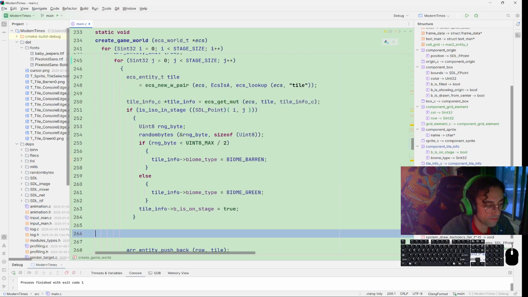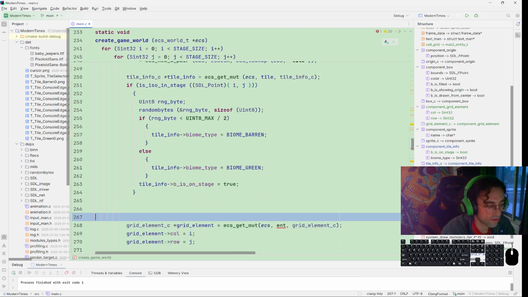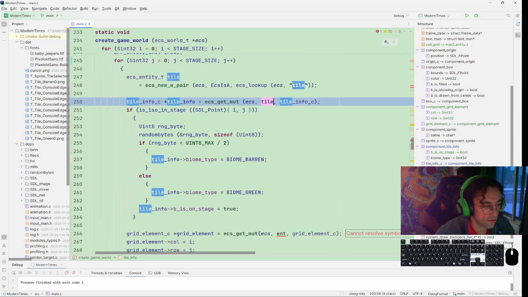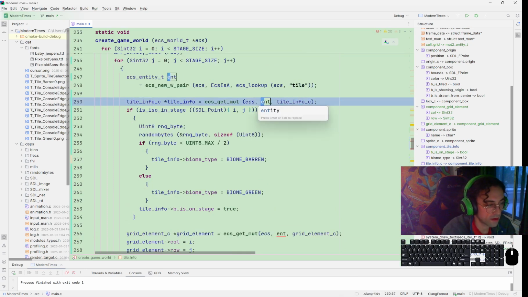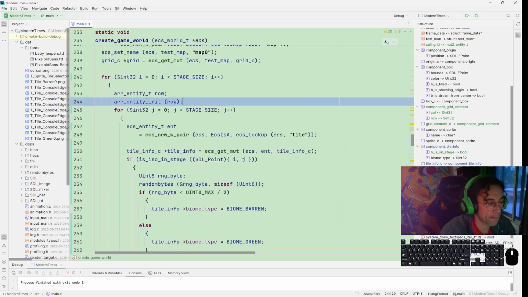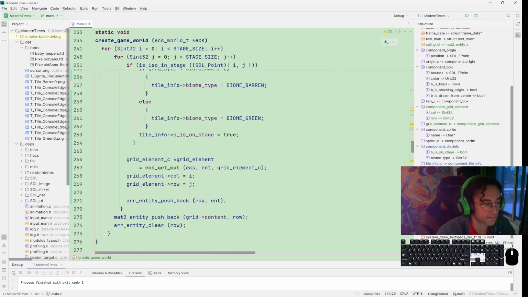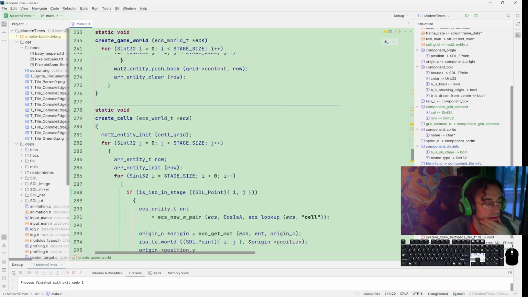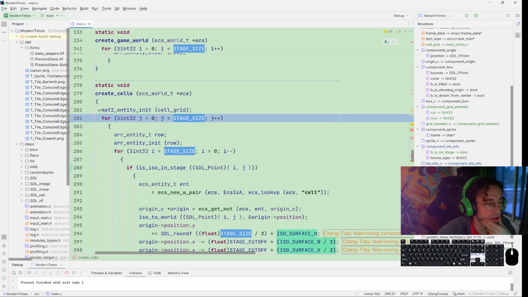So that's the tile info. It gives us the info of the tile, and then the grid element there. We'll rename this entity. Like this one is going J first, and then